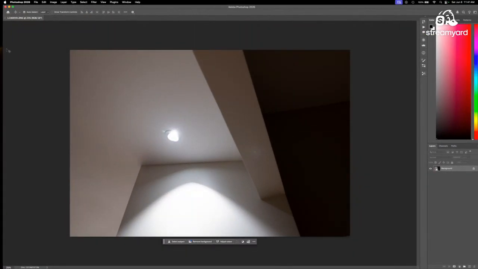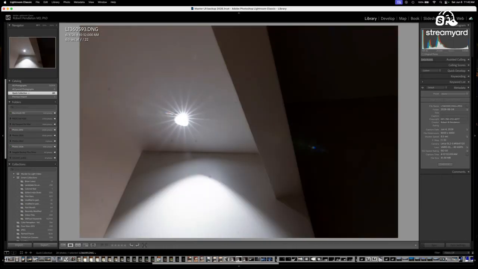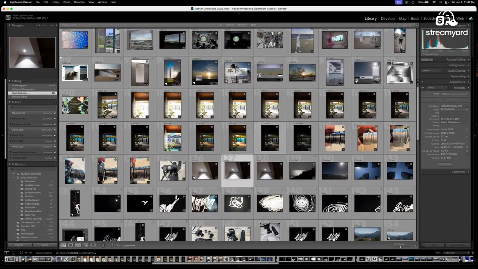Oh, sorry, actually, before I do that, I like these kind of sun stars. You don't get them much at f3.4. So let's reshoot this image at f22 over 6 seconds, and then we get a nice star.